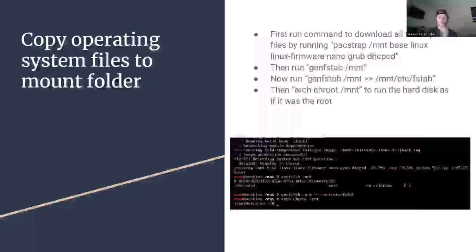So now we have to copy the operating system files to the mount folder. To do this, you have to download all the required files, but to do that, you have to use pacstrap, and the command is pacstrap /mnt base linux linux-firmware nano grub